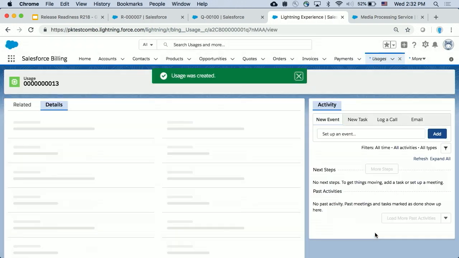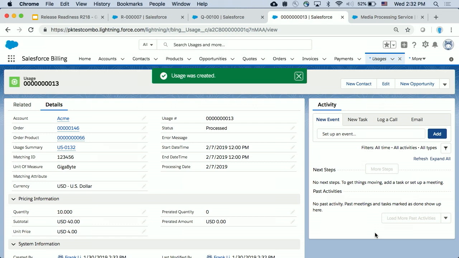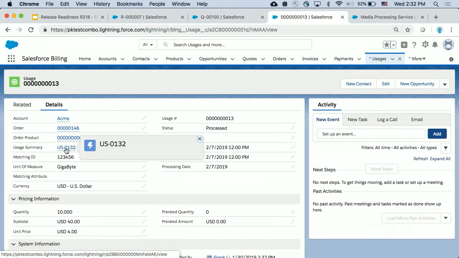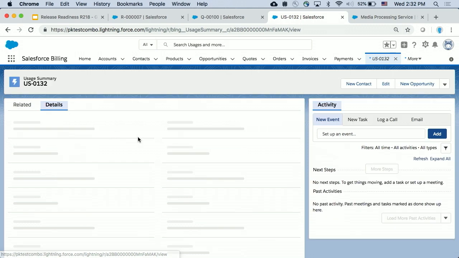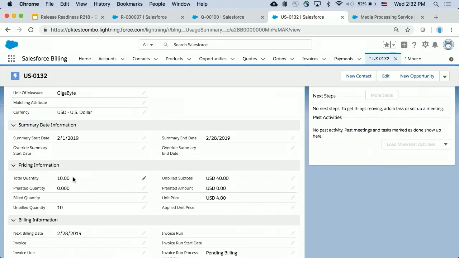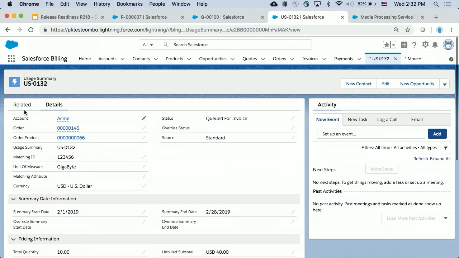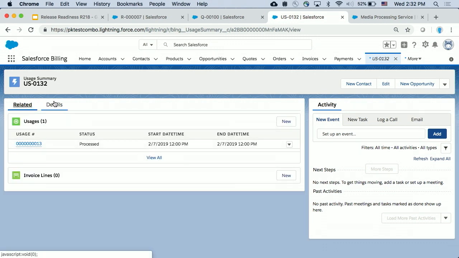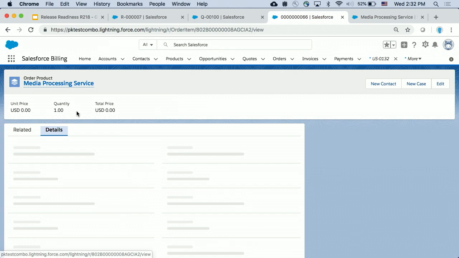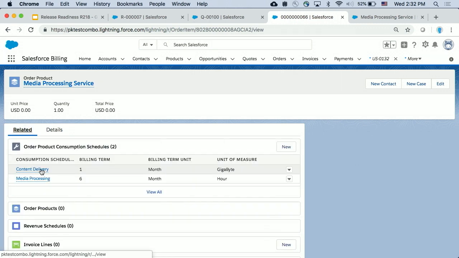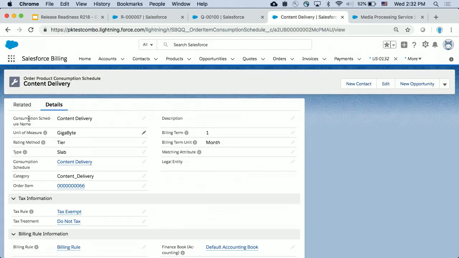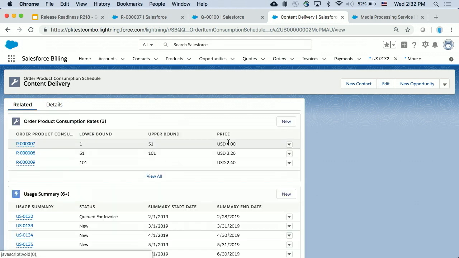When I hit save, what should happen is this usage record has logic to identify which usage summary to fall under. I can tell it already matched with the usage summary of 0132. So I'm going to go ahead and click this. And you'll notice here I already have a total quantity of 10 with an unbilled subtotal of 40. This 40 comes from the rates that were predefined as part of the quoting process. So if I go back to my consumption schedule, you'll notice that it's based on the rate of $4 per